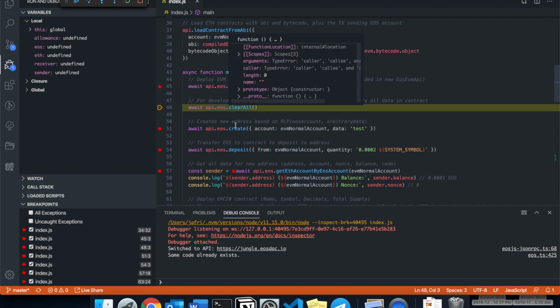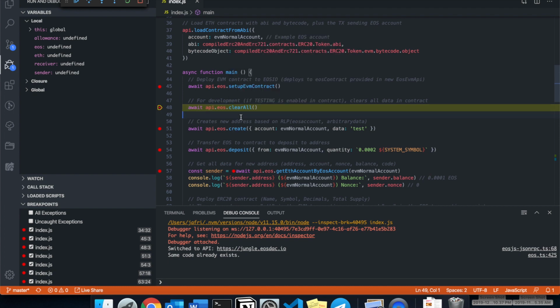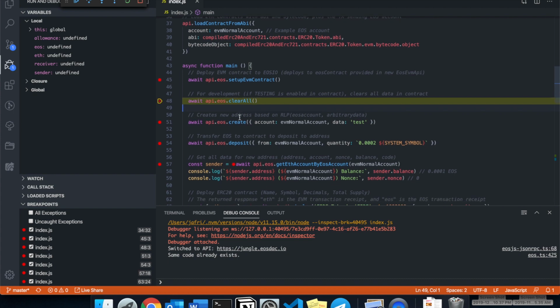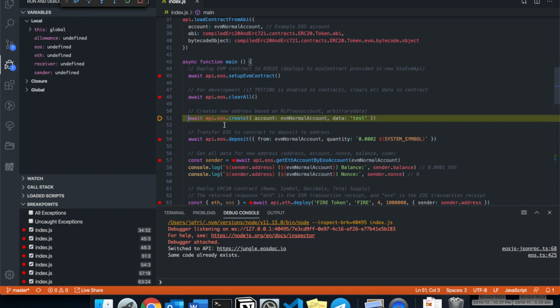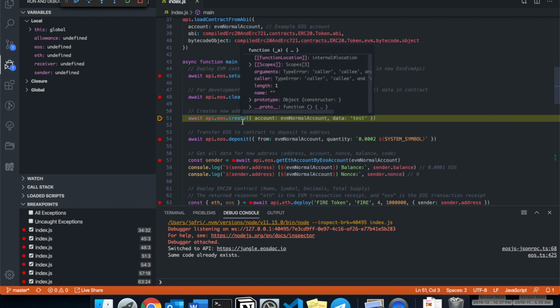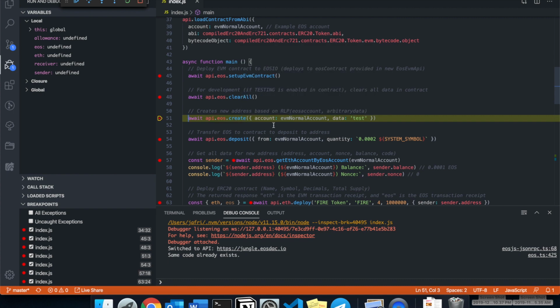Next, this is a function only for testing. It's the clearAll function. And once in production, this functionality is turned off in the contract. But here, since we're doing development, it clears all the data, all the accounts and account states, so we can start afresh. And now we get into the actual execution part. So the first step that we do is we call api.eos.create. We pass it in the EOS account name and an arbitrary string. The contract does an RLP encoding of the EOS account and the arbitrary data to generate a new address linked to your EOS account. So if we execute that,